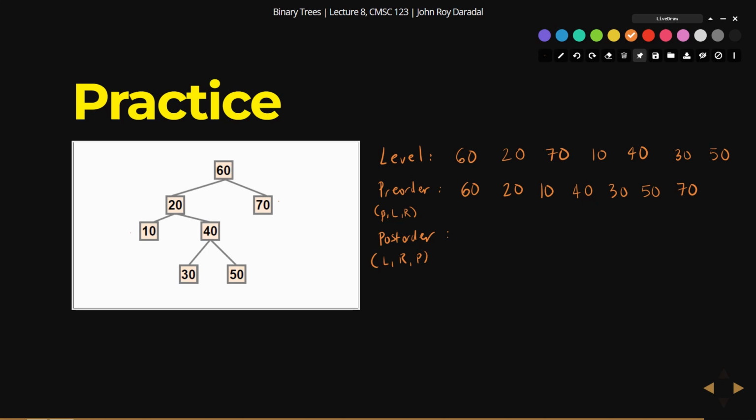So this is the first one. Okay, so you have 10, and then you go to the right subtree, but here is another subtree, so you go to the left first, so you get 30, and then the right, you get 50,